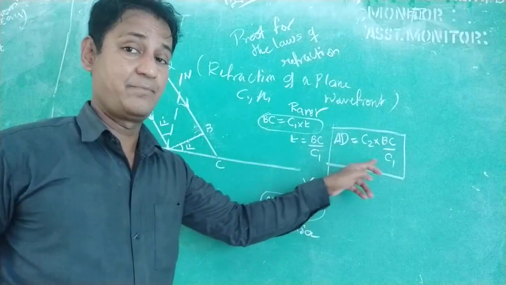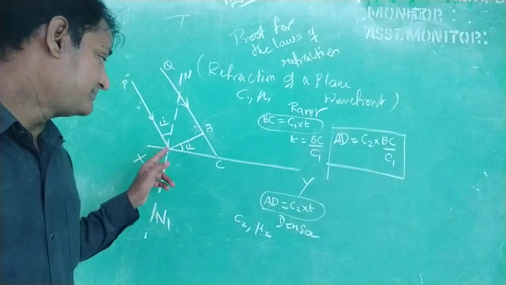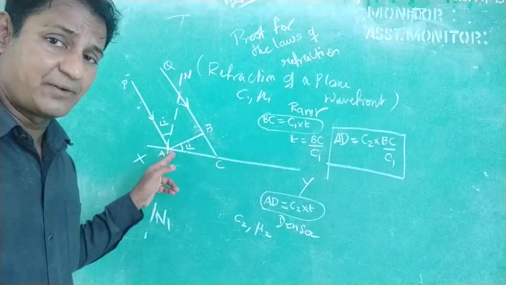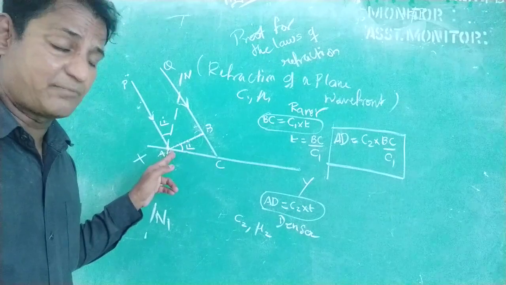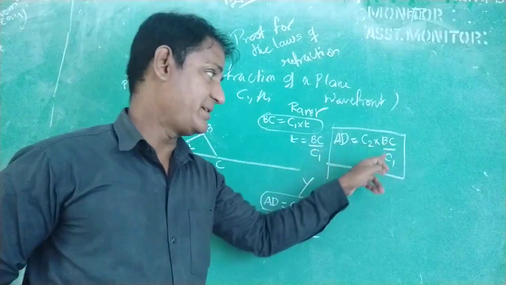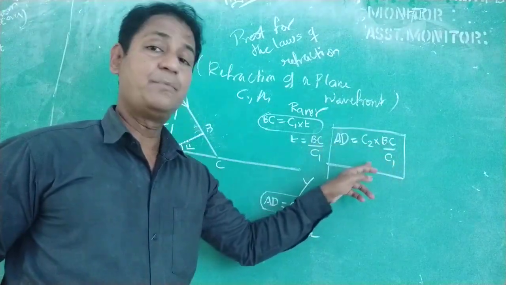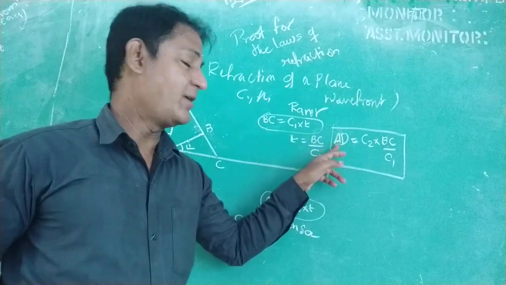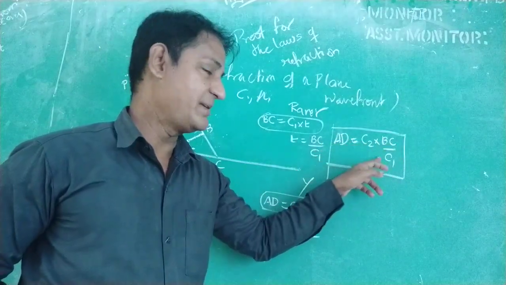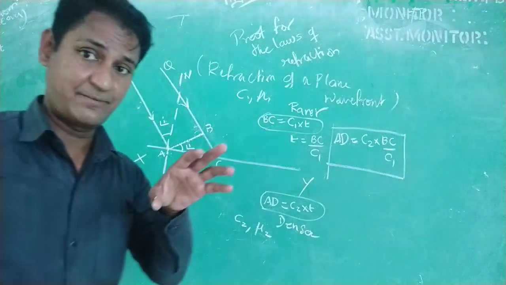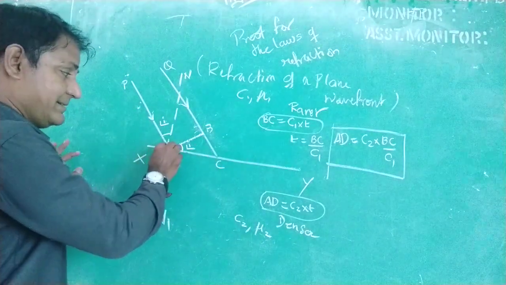So the distance traveled by the wavelet from the point A is c2 BC by c1. Keeping the distance c2 into BC by c1 as radius and A as center,